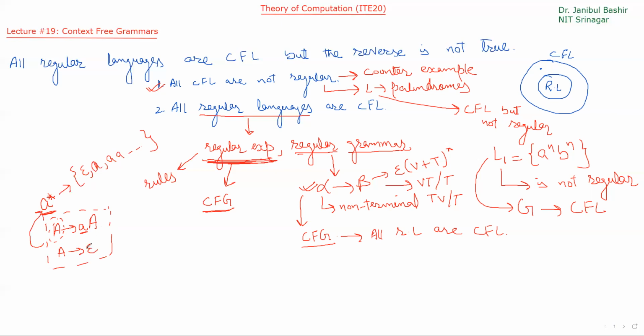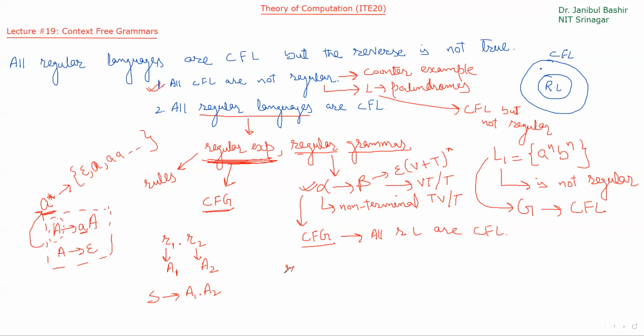Okay, fine. Now let's suppose I have two regular expressions, regular expression 1 dot regular expression 2. Let's suppose regular expression 1 is generated by this symbol A1 and regular expression 2 is generated by A2. Then I can generate the strings represented by R1 dot R2 by using this kind of production rule, S gives A1 A2. So A1 generates R1 and A2 generates R2.